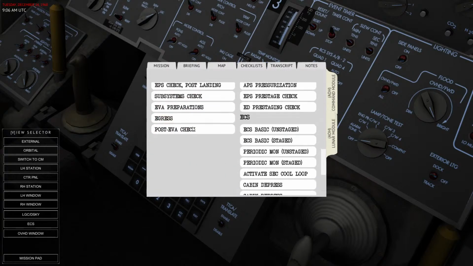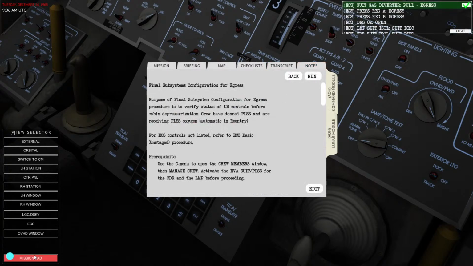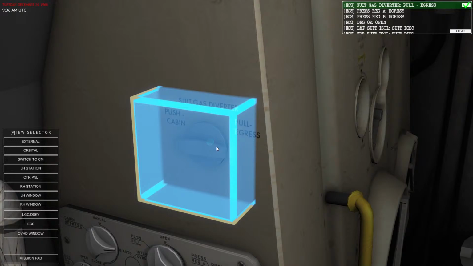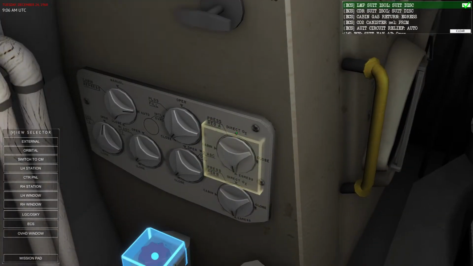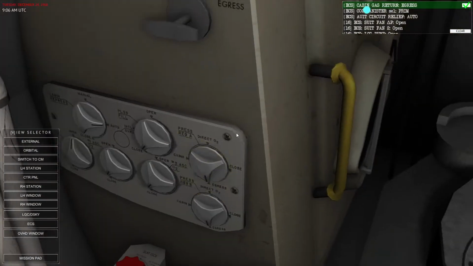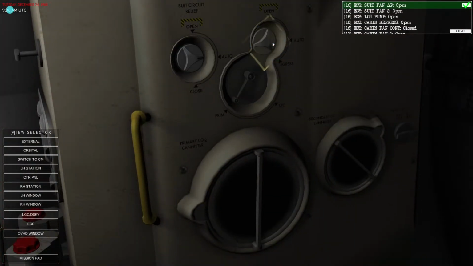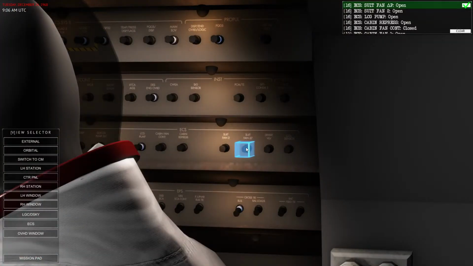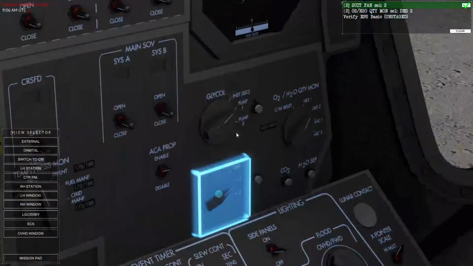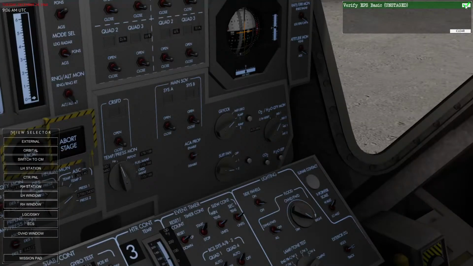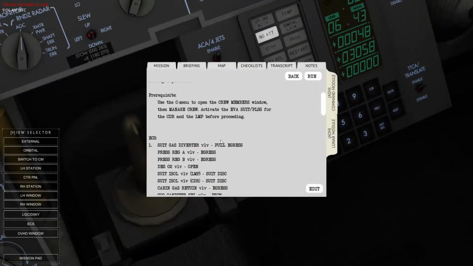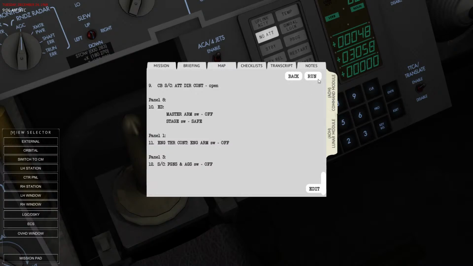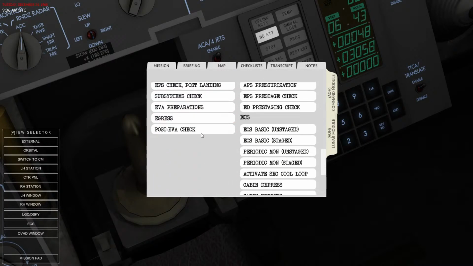Alright, now egress time. That means we're going to get out of here. Alright, so now we've got to push this. Egress. Disconnect the suit from the spaceship, because that's probably a good idea. Alright, egress needs to go. Alright, open the suit fans. And then what we're going to do is